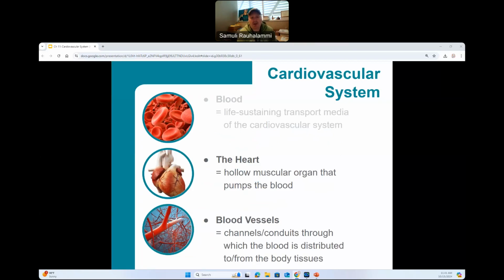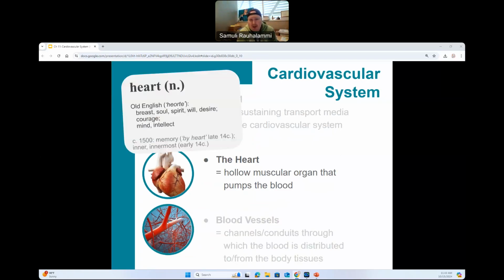And today we'll start by discussing the heart. And like I mentioned, we'll briefly talk about the blood vessels as well. In the next chapter, we'll discuss the blood in a little bit more detail. So if you want to form a general idea of the cardiovascular system and how these different parts fit into that, we can consider the heart as the pump that moves everything else within this system. And the blood is what's being moved around. And we can consider blood vessels as the tubing where this blood then travels. So I hope that helps to put it all together.